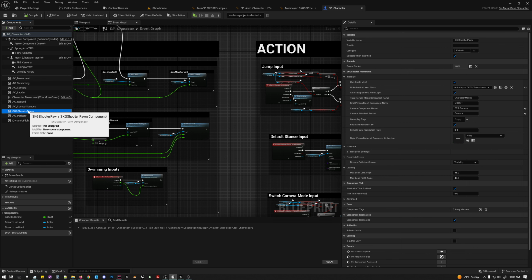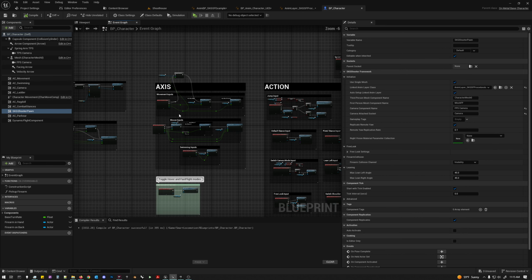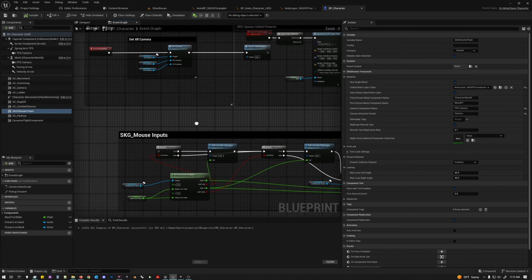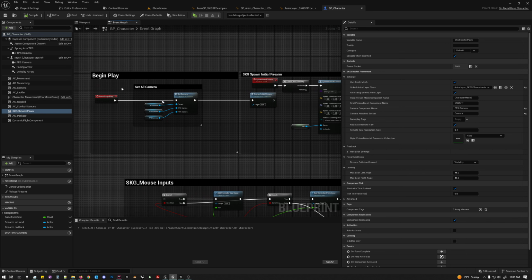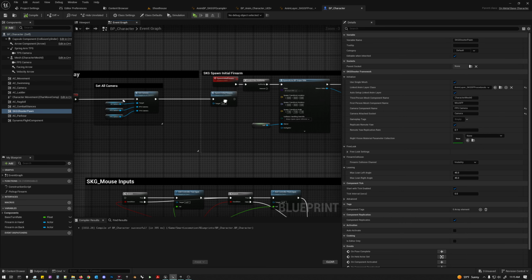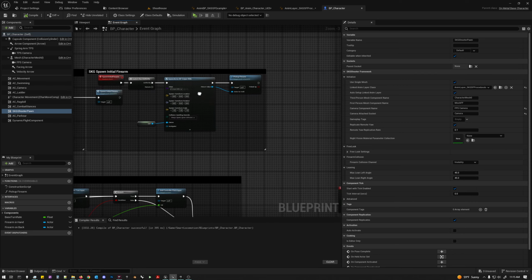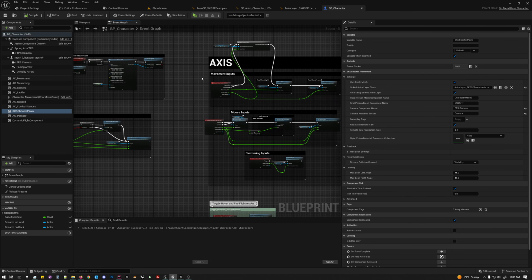So this one's a little bit more easily integrated into other projects. Anyways, my point is that I've done some things in Begin Play, from moving the input mapping context to the player controller and such. But the main thing I wanted to show you, just to get this working smoothly,